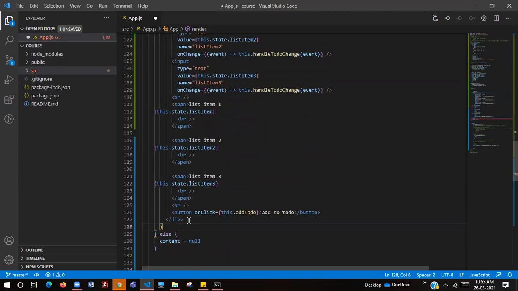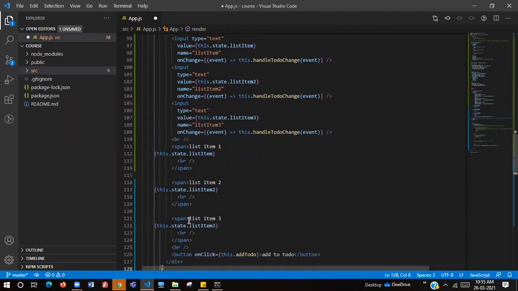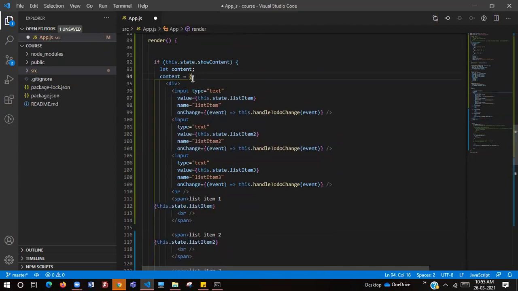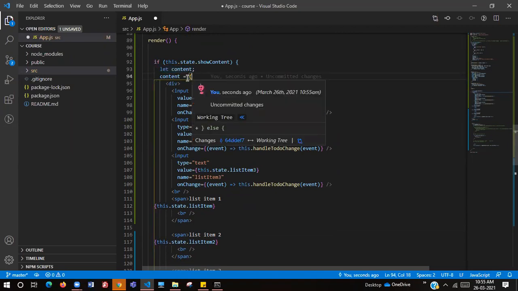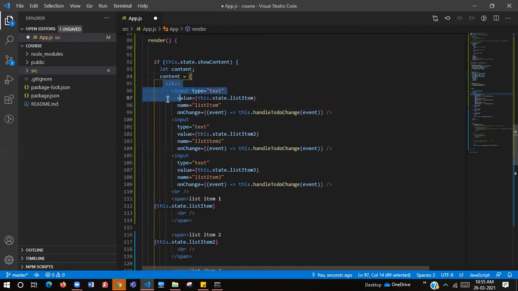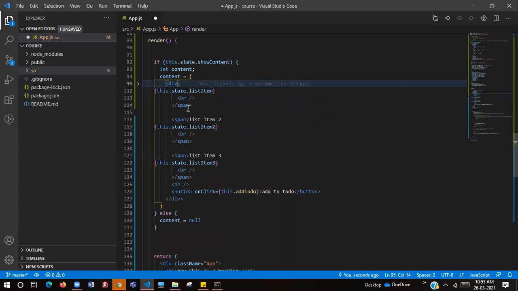This particular JSX. Is that correct? Yes. So this content is nothing but a variable, and inside this variable we are storing the whole JavaScript object, this particular JSX code.